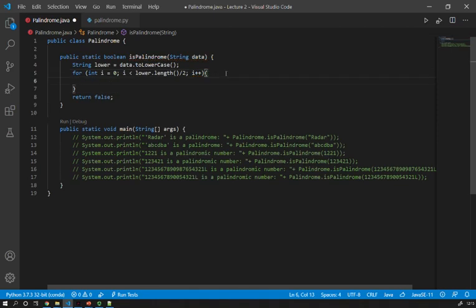Within that loop, I just need to check if the first character is equal to the last one, the second character to the penultimate one, and so on.